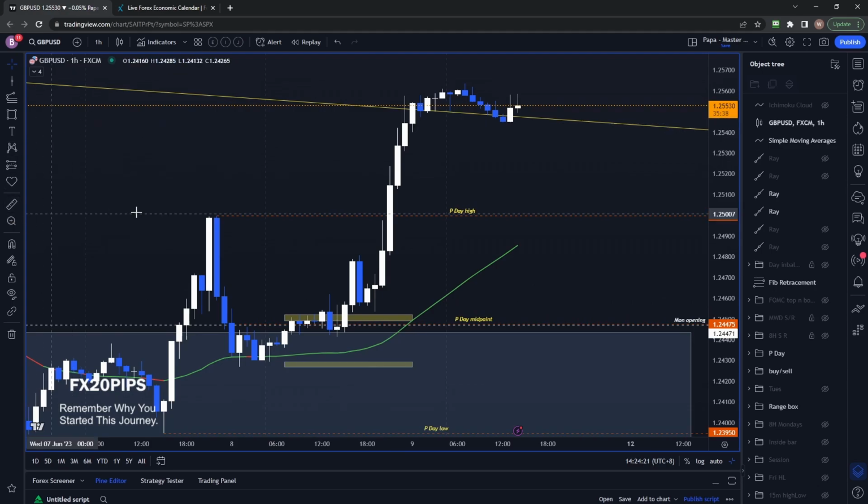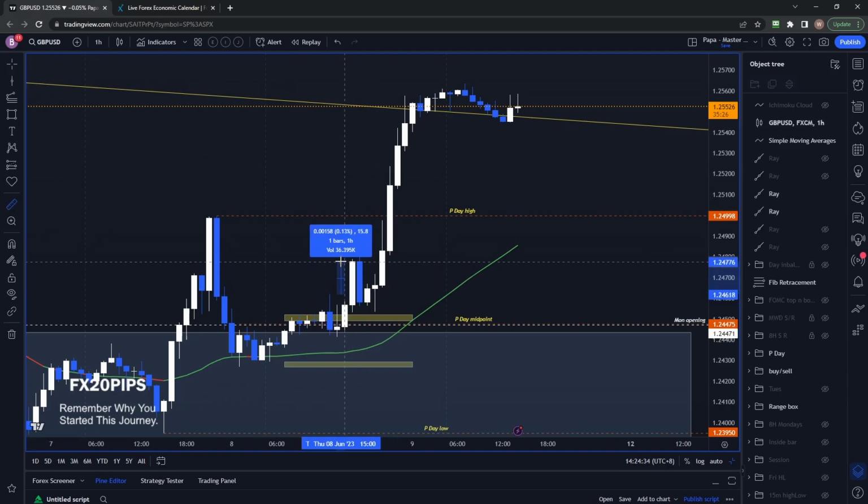Now let's talk about this one, where logically most of you will get in, isn't it? Because it broke through this high. And how many pips here? So let's draw again. Up to here, we got 18 pips, 19 pips. It's almost very close to our 20 pips. And then you see it coming back down, and you are on a drawdown of 6 pips. But then your stop loss will be right here at the bottom, 1:1, right? So if it did not hit your stop loss, don't do anything, right? And then from here,